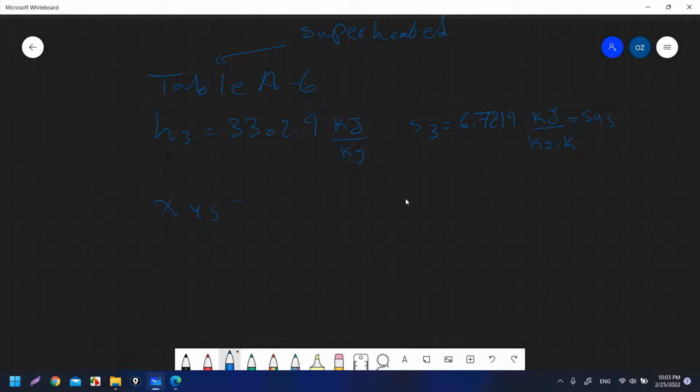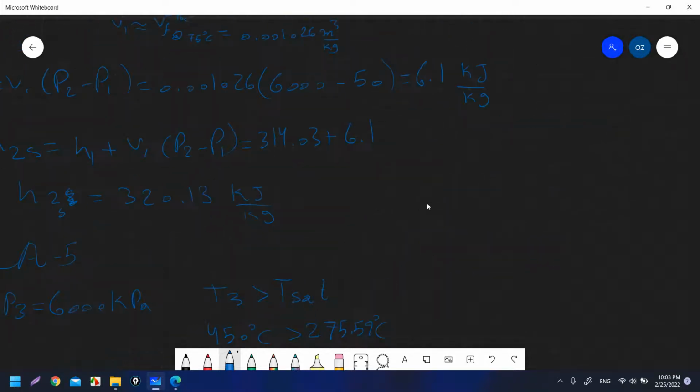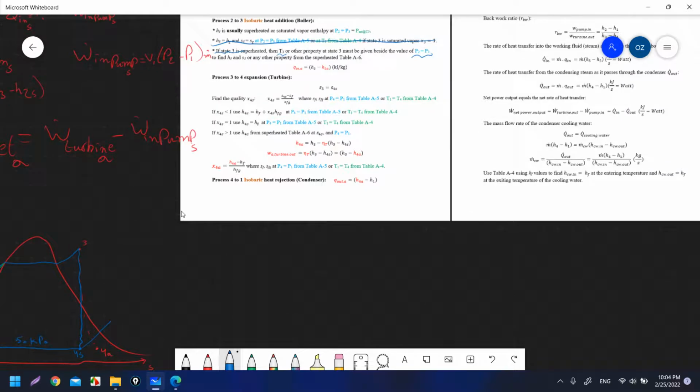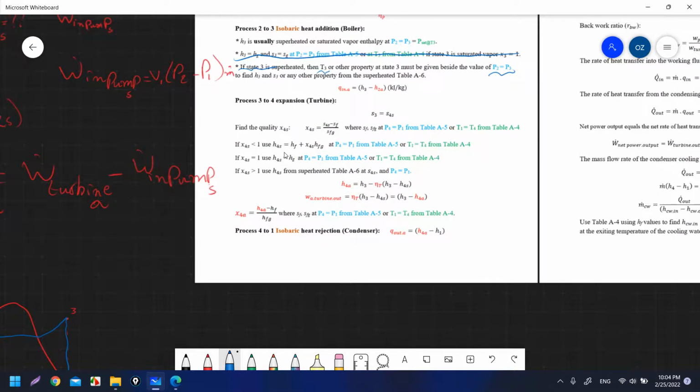So X4S, let's find the X4S. Why do I need to find X4S? Because X4S will let me know how I can find H4S. Is it using this equation, or is it saturated vapor, which rarely will happen, or if it is superheated? So that's why I need to find X4S, and that's why we got S3 from the table. So we can say S3 is equal to S4S in the isentropic expansion process and calculate X4S. Then I can check after I calculate H4S, I can use this equation to calculate H4A, and after this I already found everything, so I can calculate